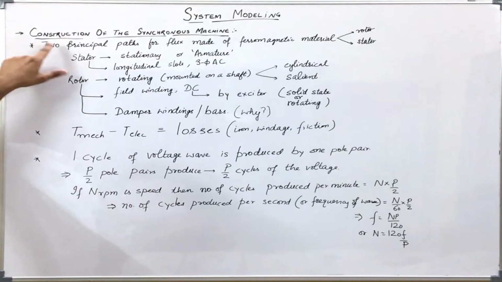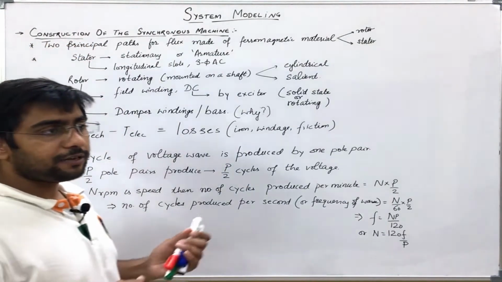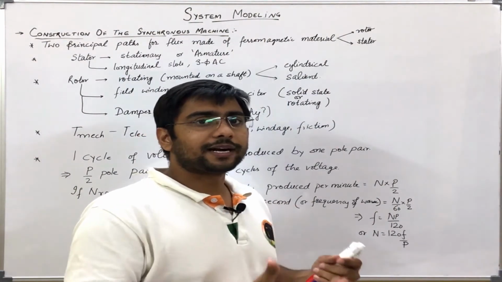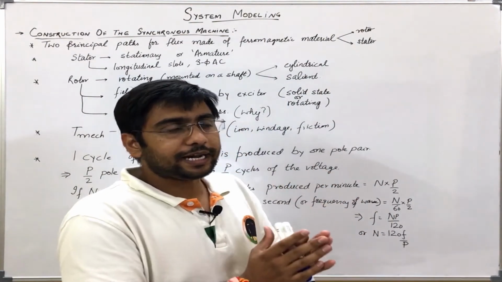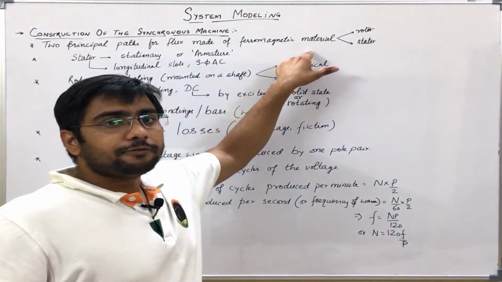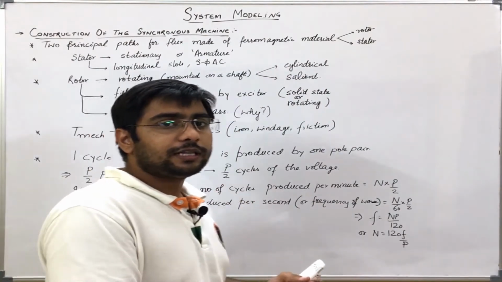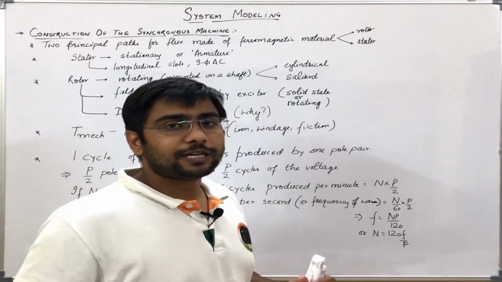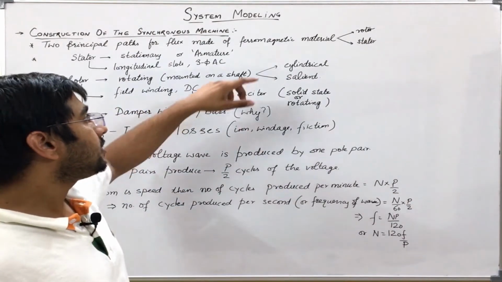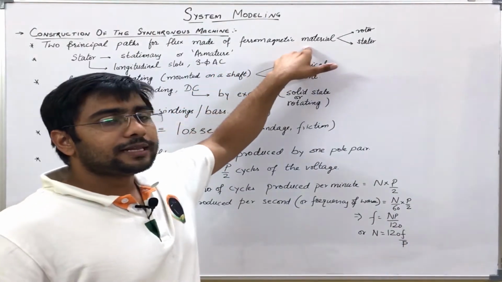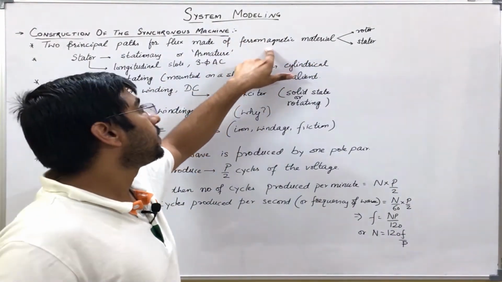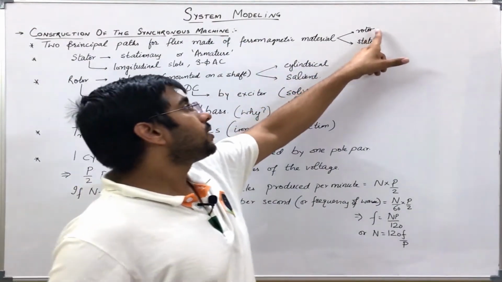So first, while dealing with the construction of the machine, we know that any electrical machine or rotating machine has two parts. One is fixed and the other is rotating, and these two parts are made of ferromagnetic material, which helps in the passing of flux through them. That is, there are two main paths for the magnetic flux which are made of ferromagnetic material. Their permeability is very high as compared to air, and these two parts are called the rotor and